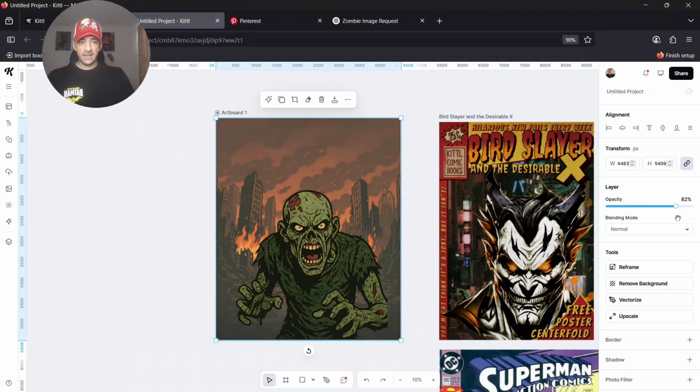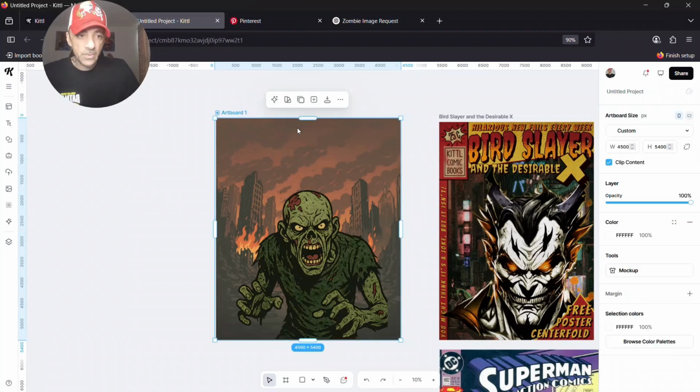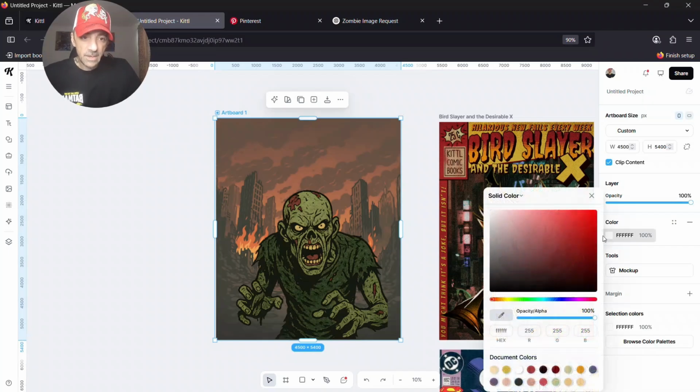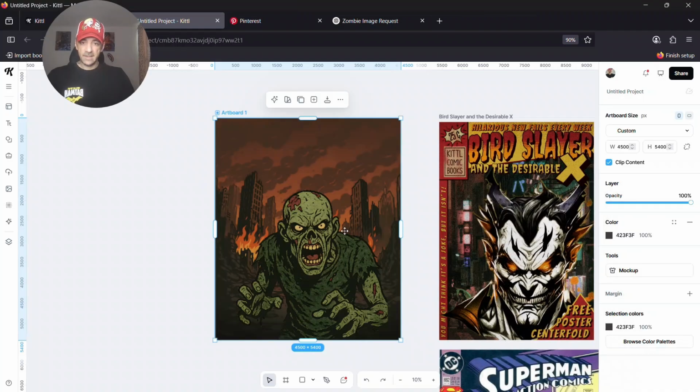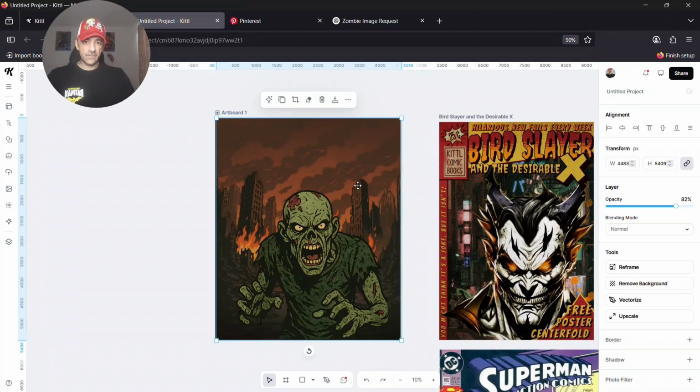So what we're going to do is click on our artboard, click on the white, and probably give it a darker background, so that when we then lower our opacity for our background, the white doesn't come through. The opacity still lowers, but we don't get that white,